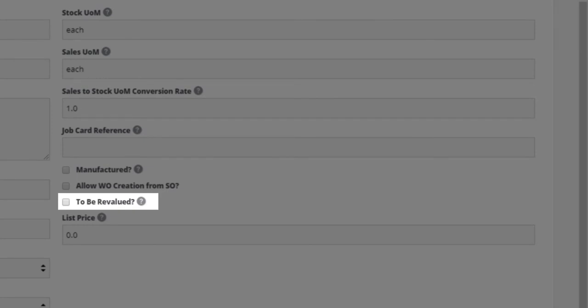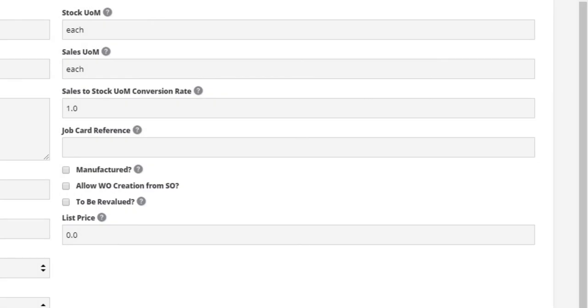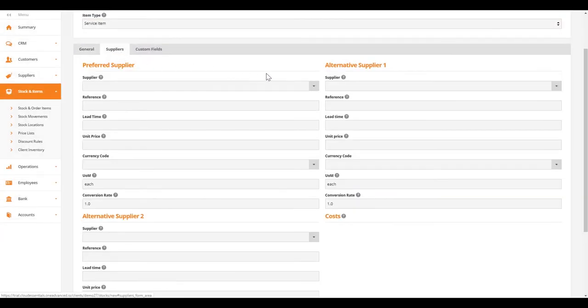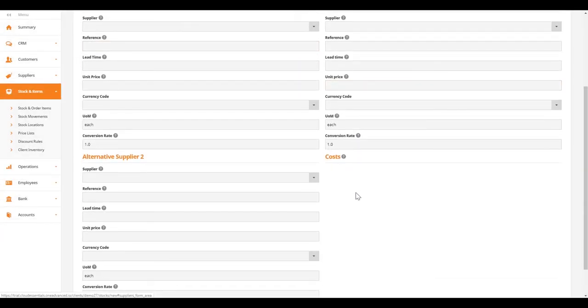has changed in value. Therefore, what we need to do is edit the manufacturing tab details and then untick this box. And finally, and perhaps most importantly, is the list price, which is the price for which we sell this item. The suppliers tab is where we can control the price of this service item if we buy it in